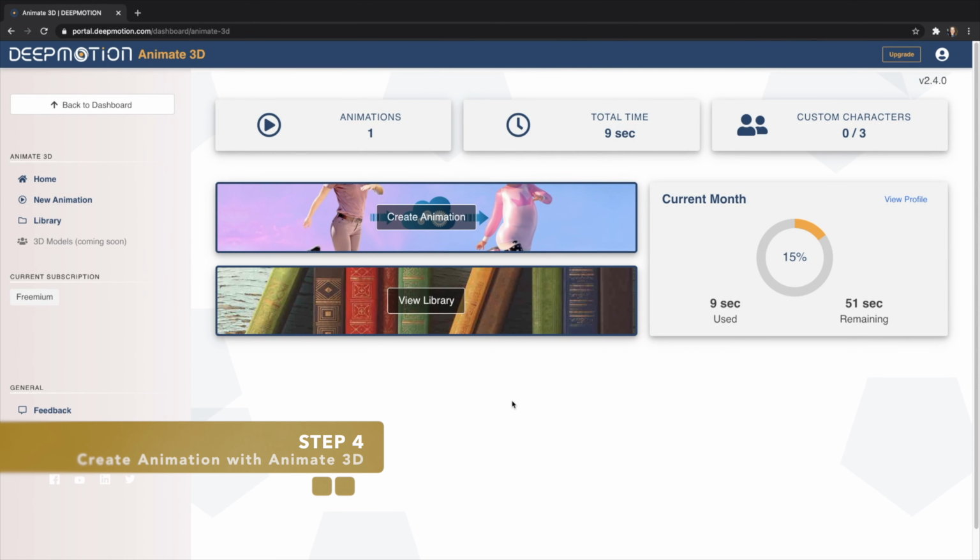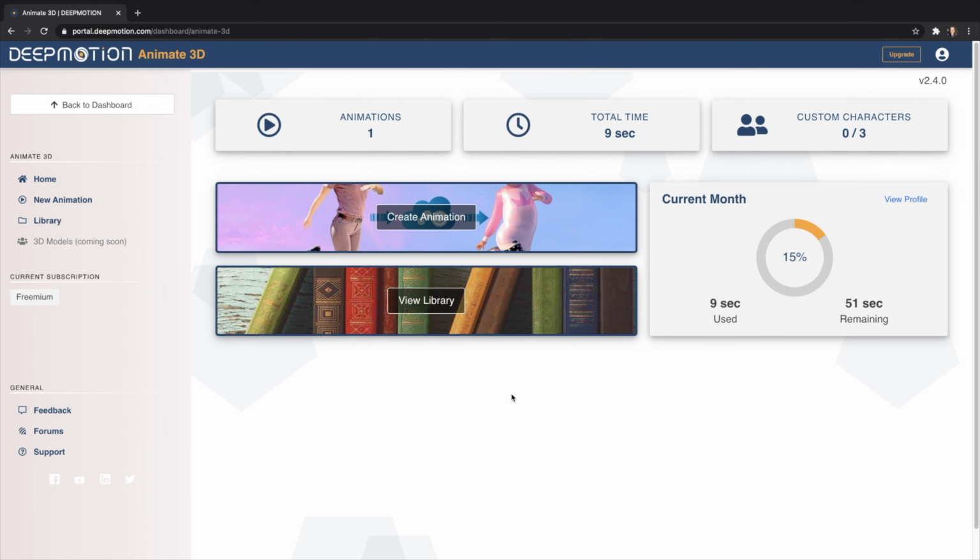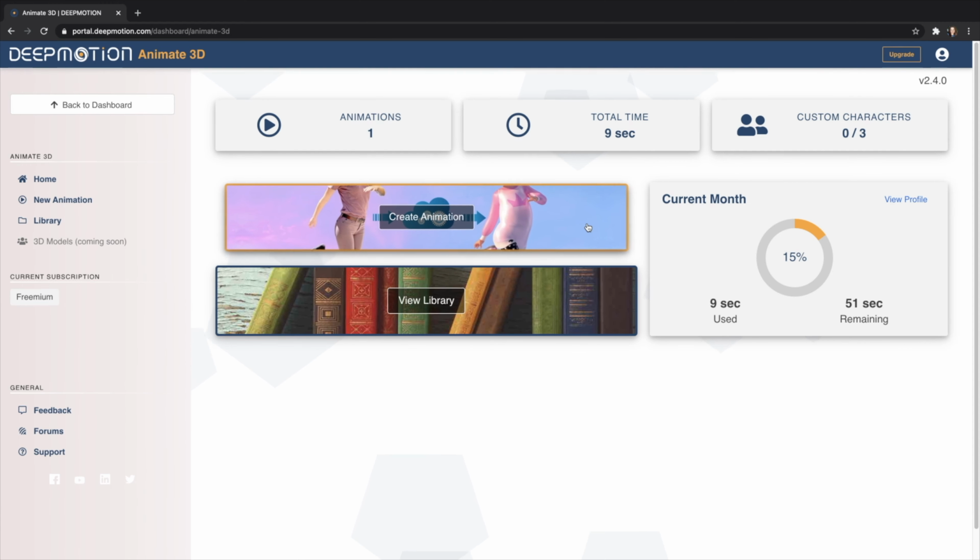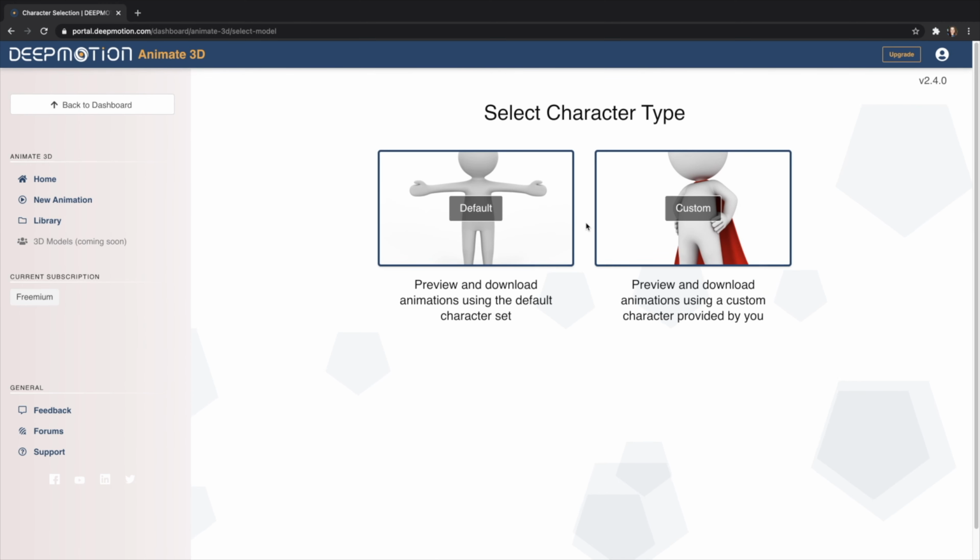Step 4 will be to create your animation. Once you're signed into your Animate 3D account, go ahead and start creating a new animation. In this first section, there are 2 character types you can choose from. Default will use the generic Animate 3D models, but we want to upload our own custom characters, so navigate to